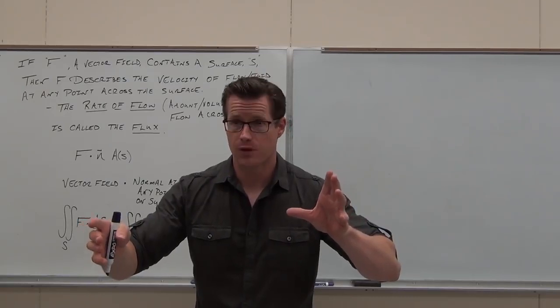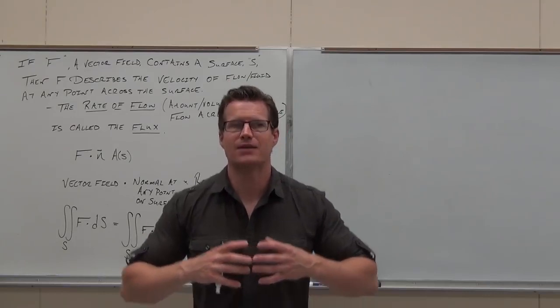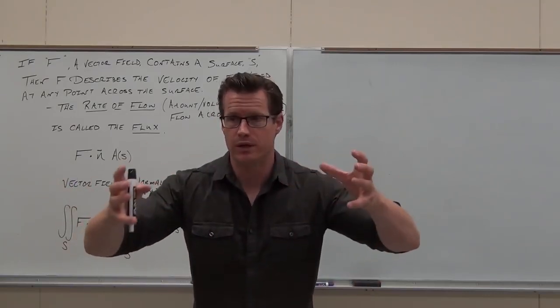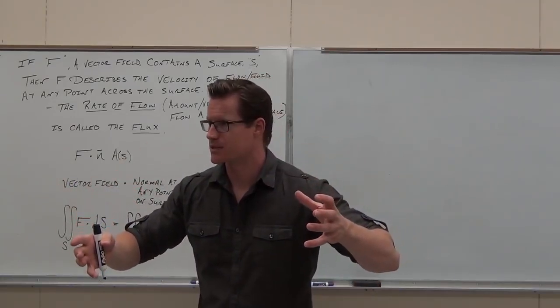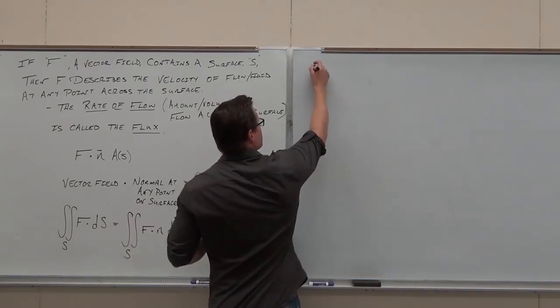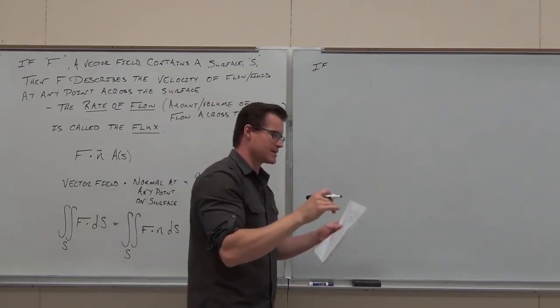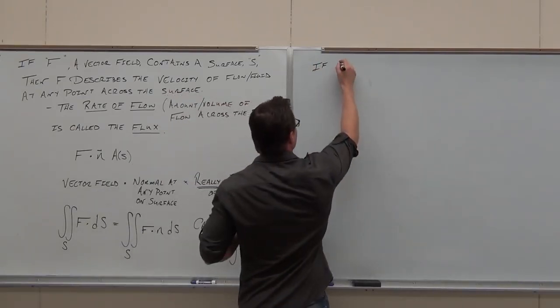What if that flow has a mass density function? Then it would give us the mass of the fluid crossing that surface. Does that make sense? So if the fluid or the flow has a mass density at a given point,